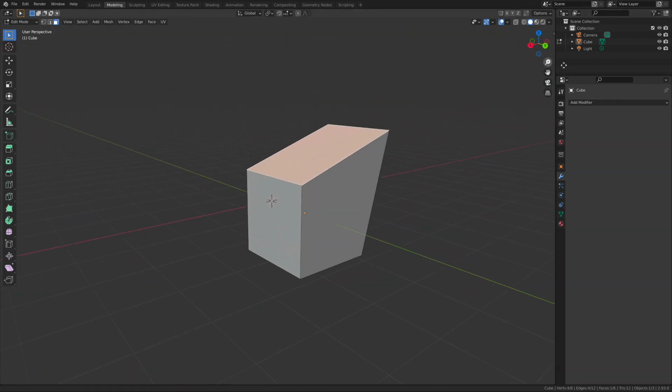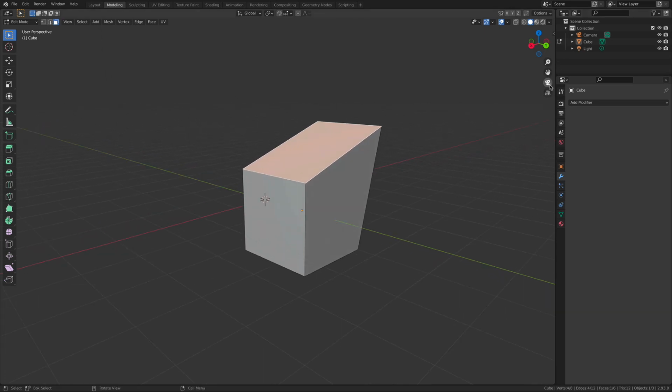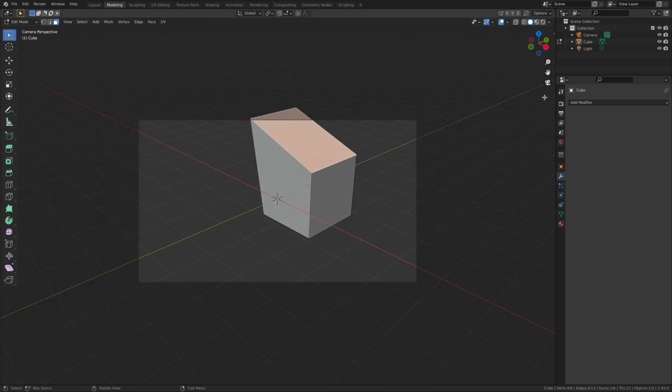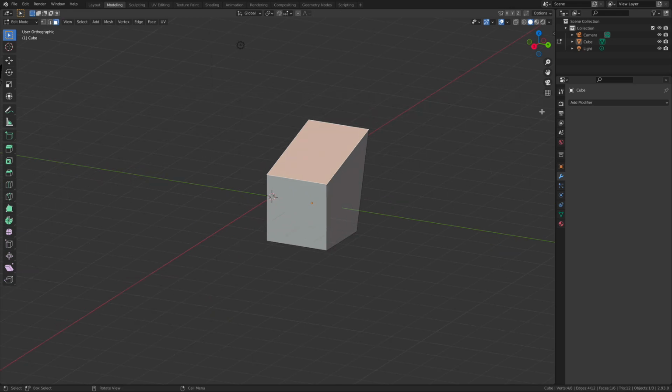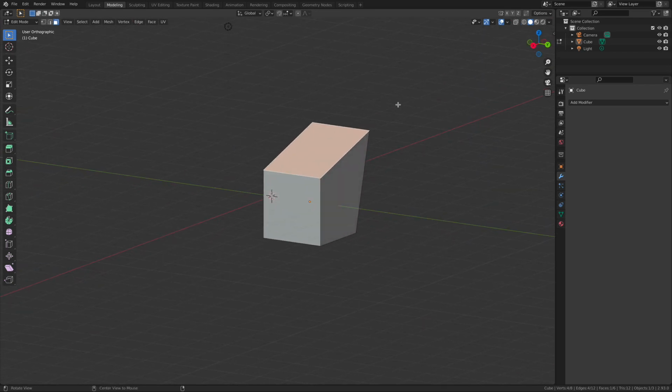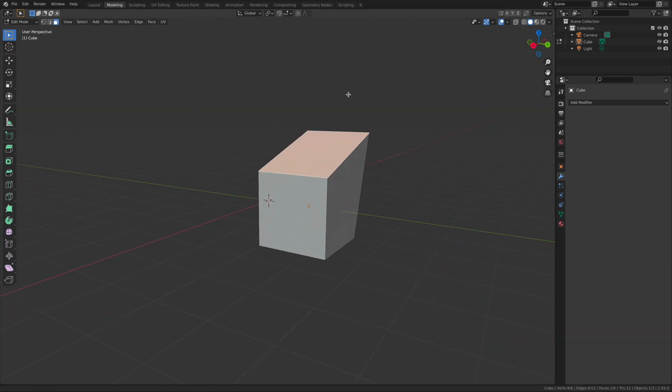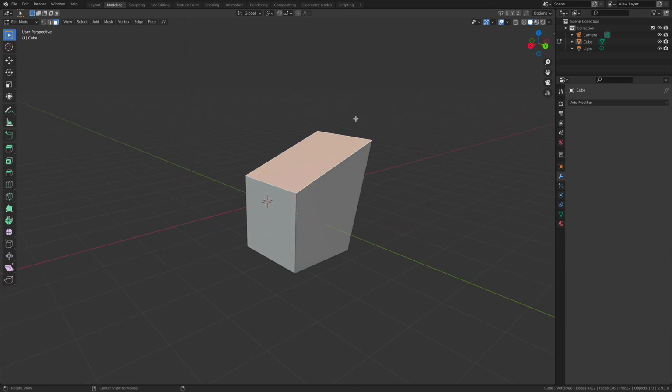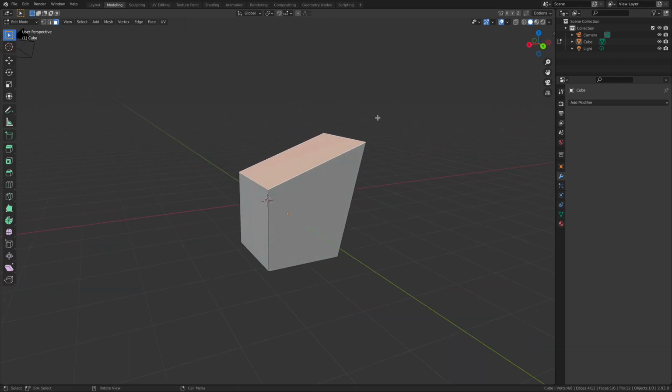Of course, you can zoom in, pan. This is going to allow you to look through the render camera. And then last but not least, this is going to remove the perspective and change it into an orthographic viewport, which is pretty cool. So you got some options in here. Customize it, play around with it. There is no wrong way of working inside of Blender or any 3D app for that matter. Just make it easier for you and your creative process to make the shapes.